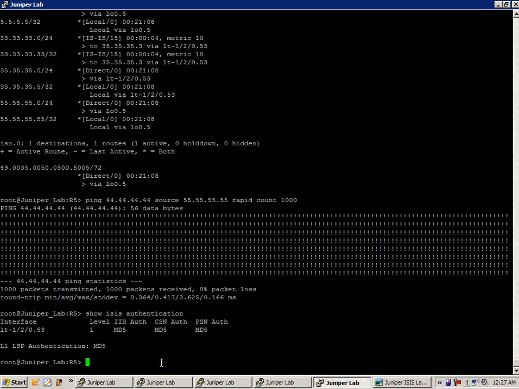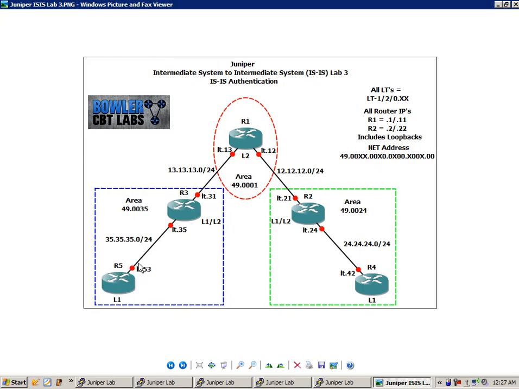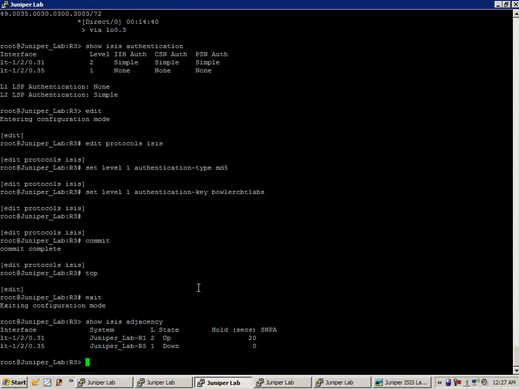And the last thing that we want to do in this lab, now that we showed you how to configure MD5 authentication within level 1, is configure MD5 interface authentication on the link between router 3 and router 5. So between R3 and R5, we're going to configure interface IS-IS authentication. The way that we're going to do this is, if we look at our configuration,